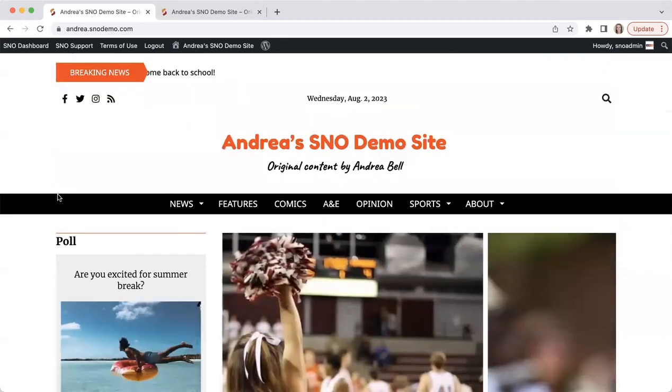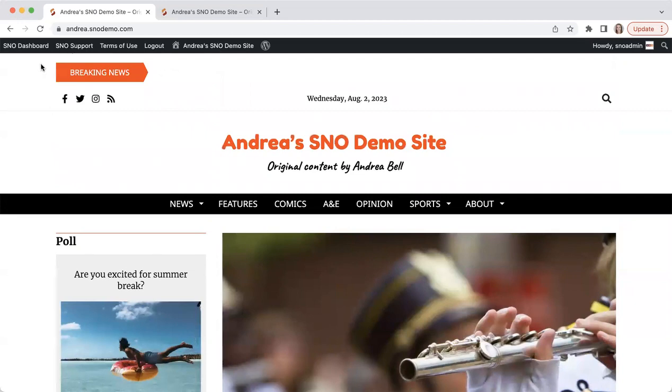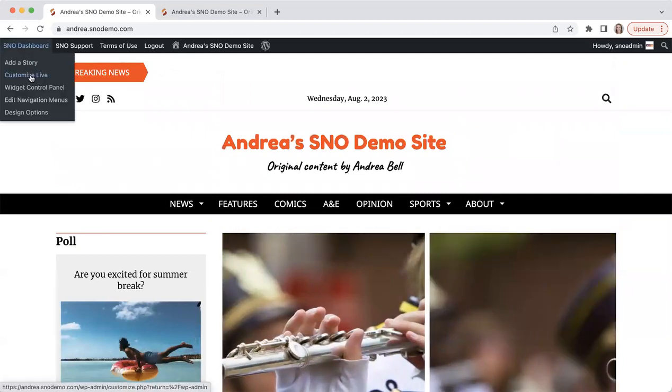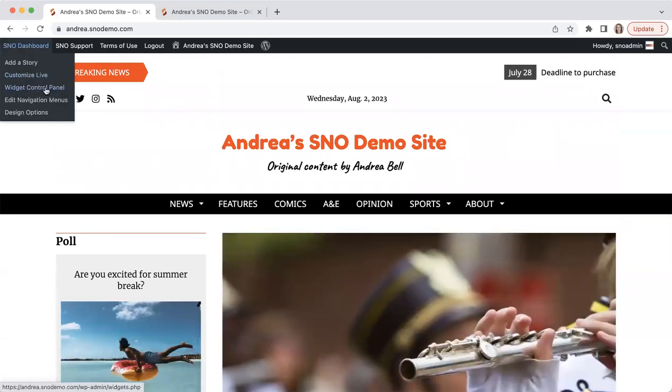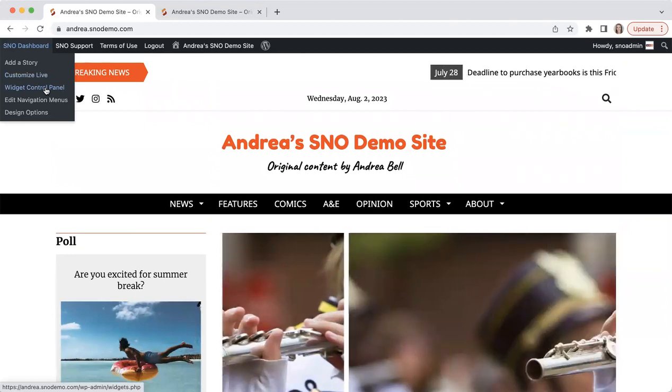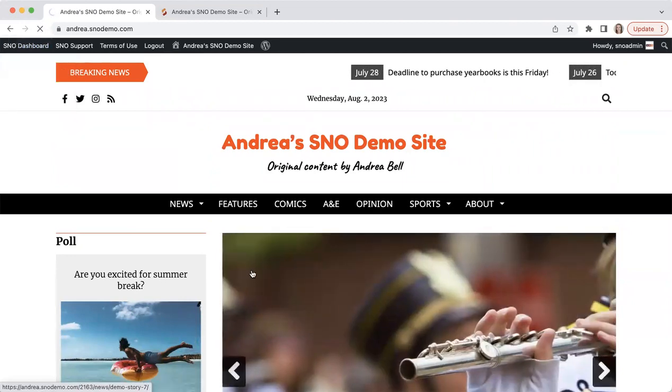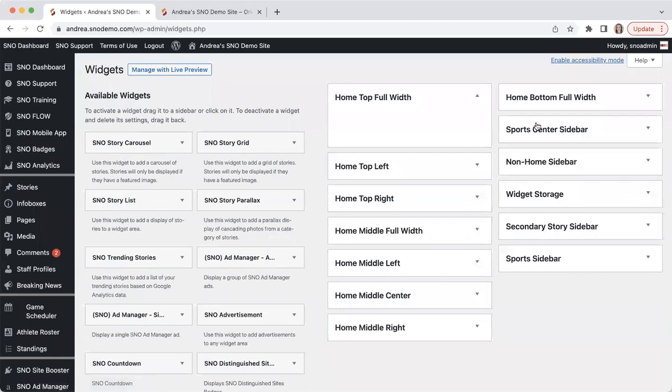So to get to that widget control panel, you'll want to hover over your Snow Dashboard tab and click on the third dropdown for the widget control panel. Once you are there, on the right side, you are going to see all of your different available widget areas where you can place and display widgets on your site. And these are going to correspond to the widget areas that you've set up in your site's design options via